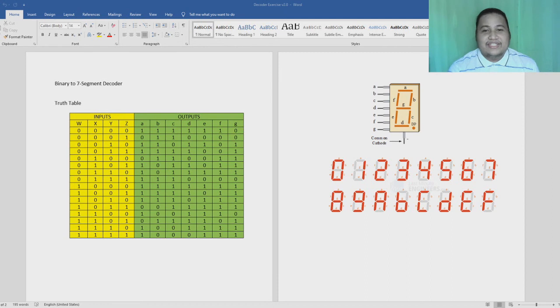And for the 7-segment display, we have two types of it. First one is the common cathode and the other is the common anode. The difference between the two displays, as their name suggests, is that the common cathode has all the cathodes of the 7 segments connected directly together, and the common anode has all the anodes of the 7 segments connected together. So we are tasked to have these outputs, the ones on your screen,